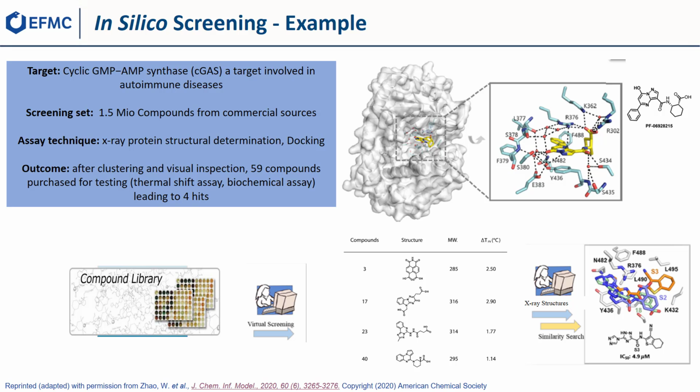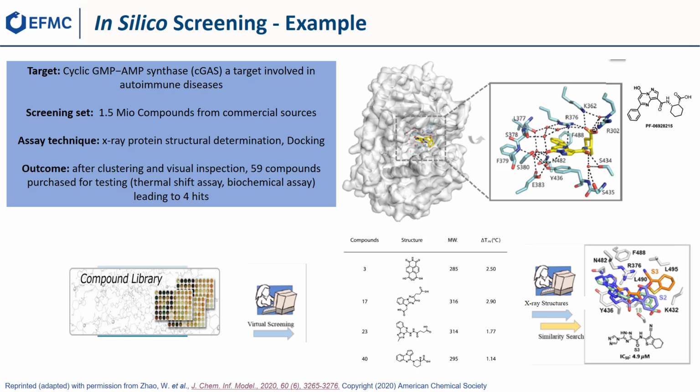This is an example of an in silico screen. Here, the authors were trying to find cGAS inhibitors, cyclic GMP-AMP synthase inhibitors, which is a target involved in autoimmune diseases. They started with 1.5 million commercial compounds and used a docking approach. They had an X-ray structure of the protein, and more interestingly, a protein complex with an inhibitor, as shown on the right. After clustering and visual inspection of the docking scores,